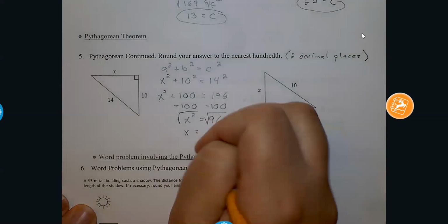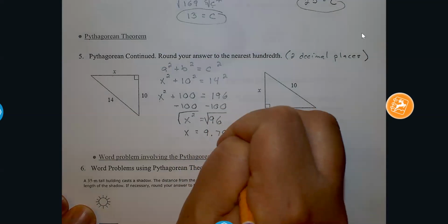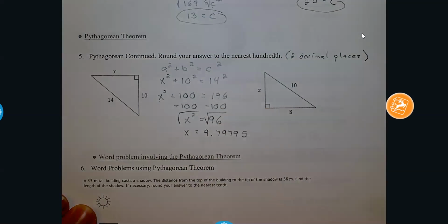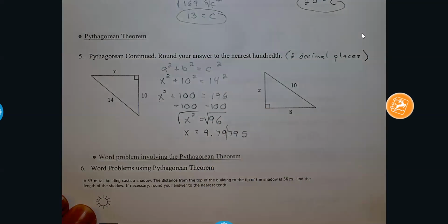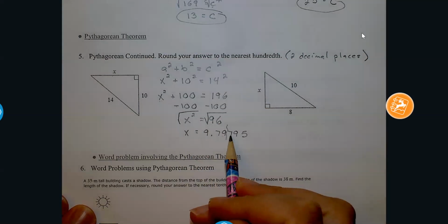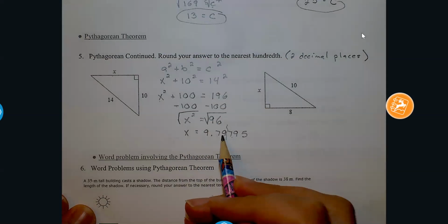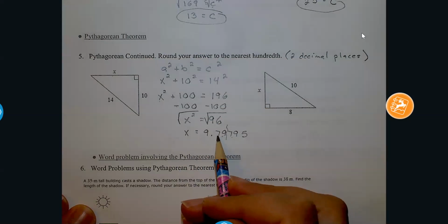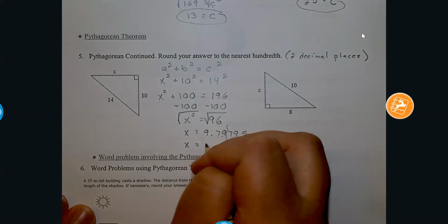I get 9.79795, blah, blah, blah. But I only want to round it to 2 decimal places, okay? So I take a look at the third decimal place. If the third decimal place is 5 or larger, I need to round this up. So this is 7, so that's a 9. I need to bump up 9 to a 10, which actually then would make this 7 and 8. So this would become